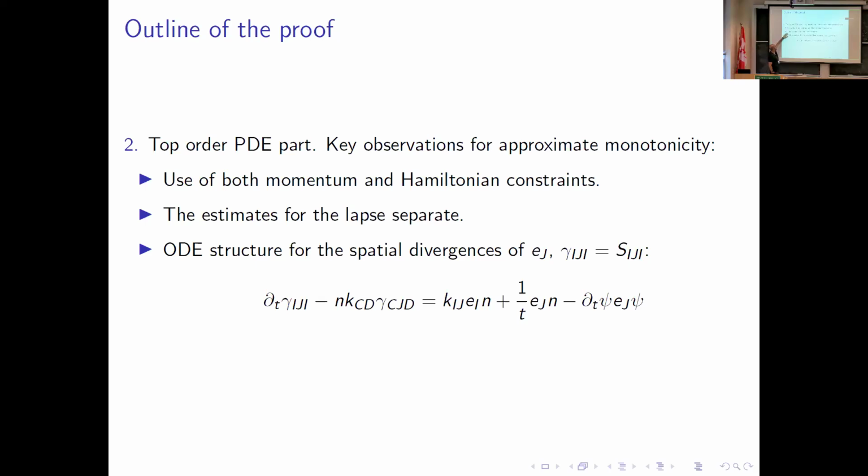Then an interesting feature is that you don't really have to estimate the lapse separately, and this is different relative to the isotropic case, where they did it the other way around. Somehow you first close the lapse, or at least you get some estimate. Everything has to be done together, but the important part for the borderline terms can first be treated for the lapse and then you get the other variables. And the main new ingredient is a nice ODE for the trace of the structure coefficients.